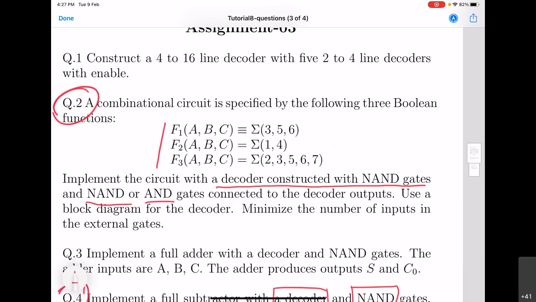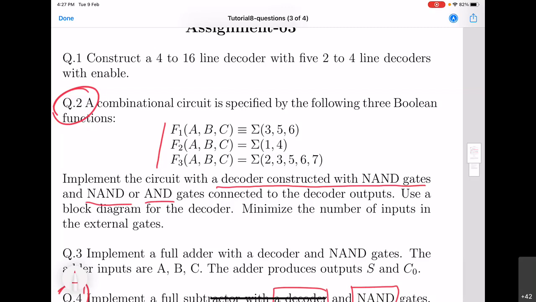Hello, sir. Yes. Sir, in this question, I have made the diagram of the decoder where, in F1, the outputs from D3, D5, and D6 are connected to NAND gates, and the outputs from them are connected to another NAND gate. Similarly, as in the previous question, is it correct? No, you are using 3 NAND gates.